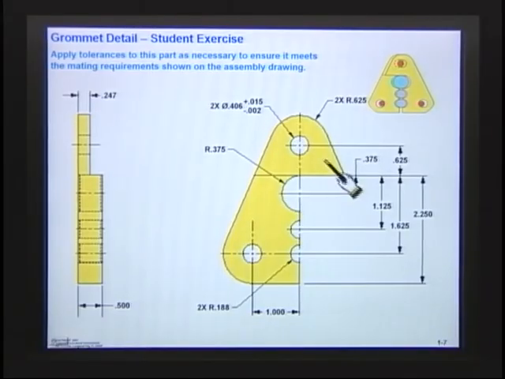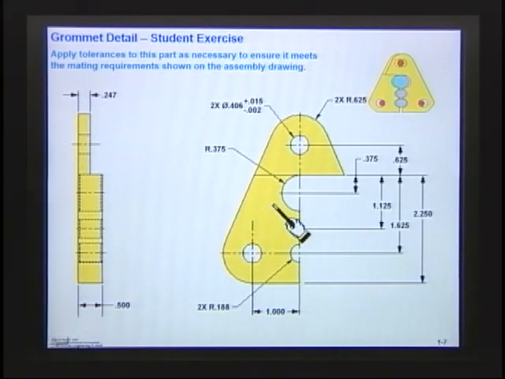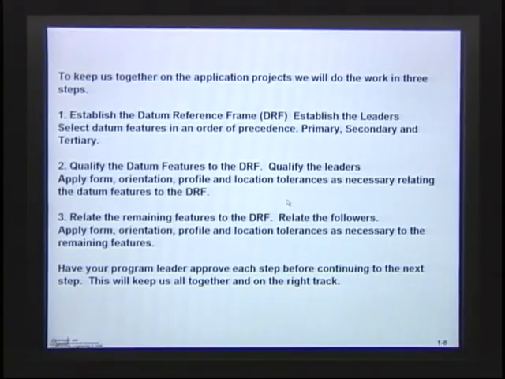So what I would like you to do is apply geometric tolerancing to this part. Now, you should be an expert. You've gone through the fundamentals program. Knowing what you know, how would you apply it? The first thing I'd like you to do is select datums. And we're going to go in an organized fashion here to keep all of us together. To keep us all together on the application projects, we're going to work in these three basic steps. These are the steps that I would use if I was tolerancing a part, how I would go about it